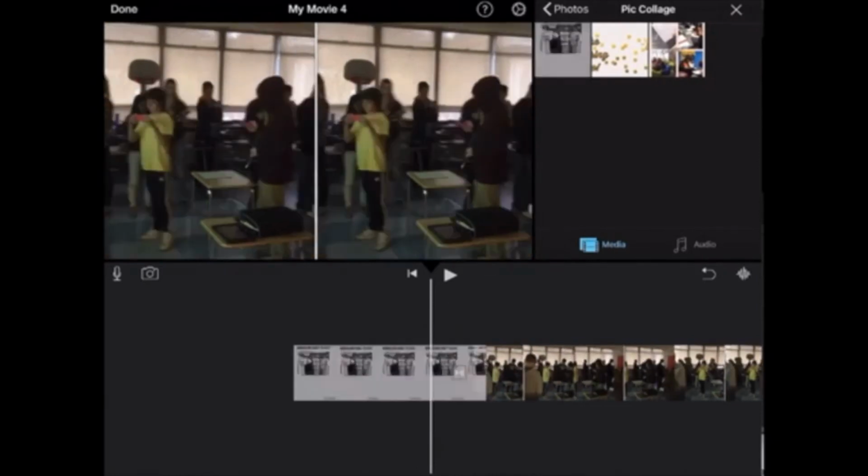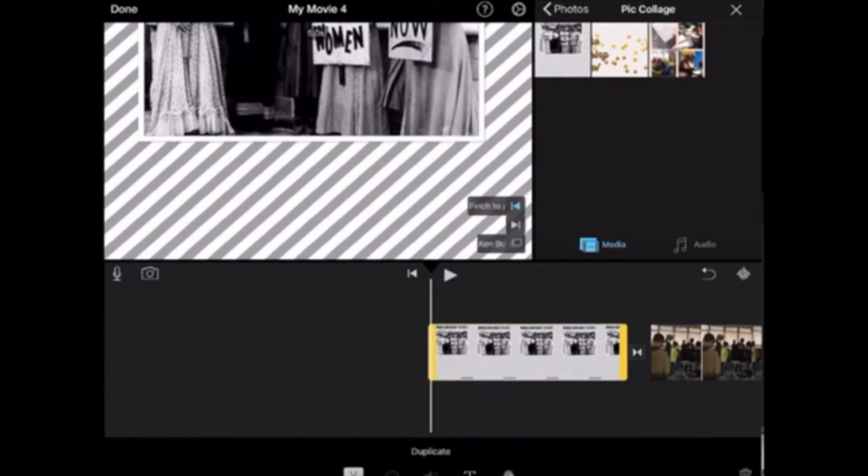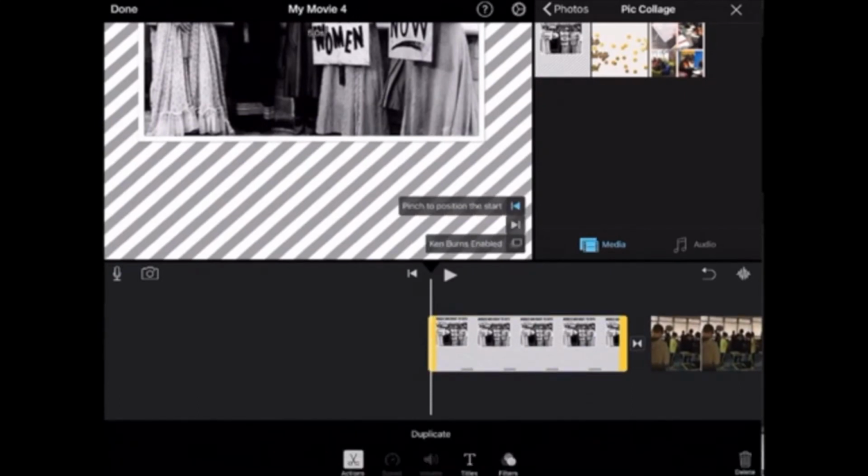To add images, it is the same area on the right. You'll click select photos. And then you can add in your images. Here's an image that I have. Now, if you click on an image and you see that it is highlighted in yellow, you can do a few things with it. You can either keep Ken Burns on, where that is the motion of a picture,